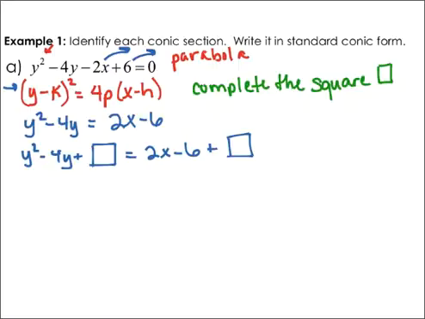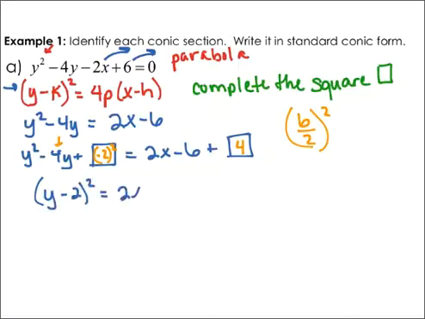right. The way that I fill this in, remember we take the b term, which is negative 4 here, and we take half of it, or divide it by 2, and then we square it. So half of negative 4 is negative 2, and then we square it. So negative 2 squared is 4. You could have just put 4 in both of those boxes. On the left, I've got (y minus 2) all of it squared, is equal to 2x, combine like terms over